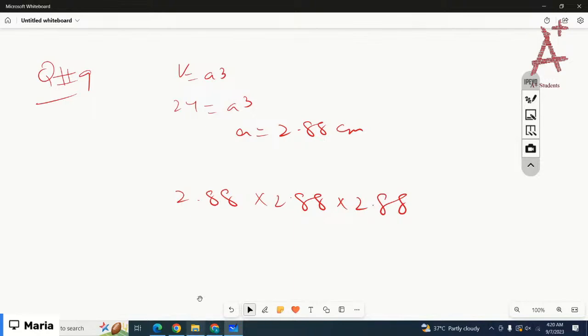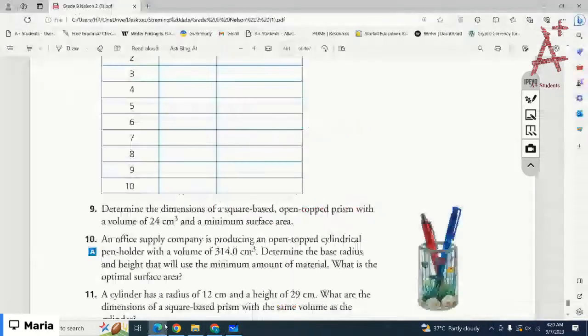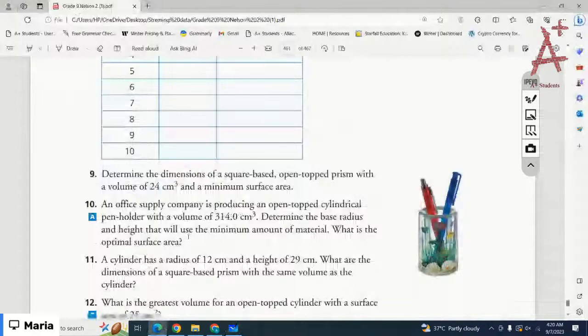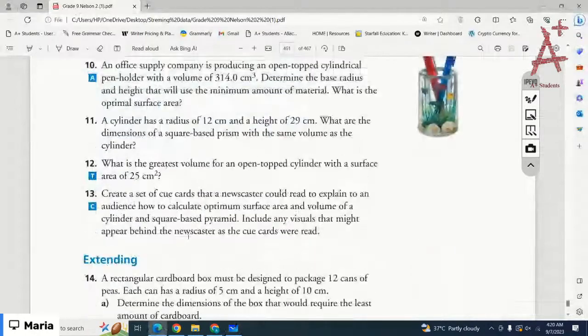The next one is question number 11. A cylinder has a radius of 12 centimeters and a height of 29 centimeters. What are the dimensions of the square-based prism with the same volume as the cylinder, right? So the volume of the cylinder is